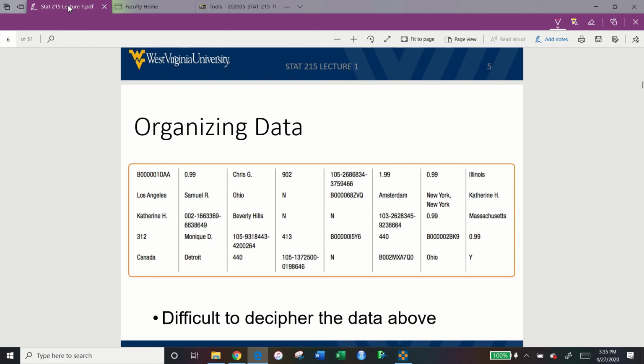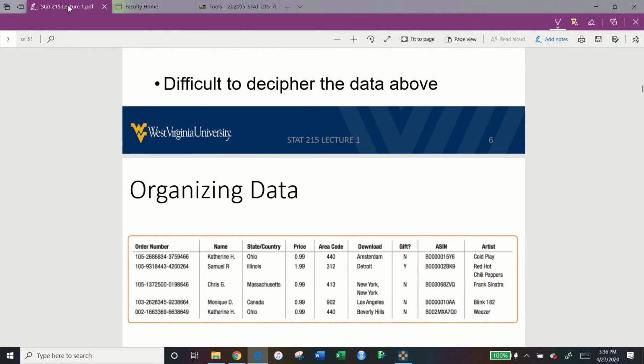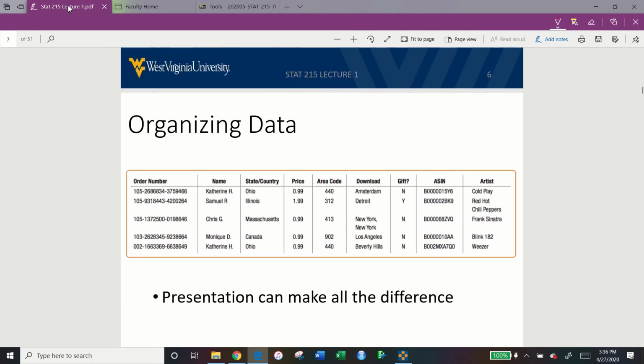So if we look at some of these hypothetical values that, say, Amazon might collect, we can try to guess what they represent, but it's pretty hard because there's no context. We don't know what values are measured, we don't know anything about them, so because of that, looking at this data the way it is, it's pretty meaningless. But if we organize the data in a more logical fashion, we can make our meaning clear.